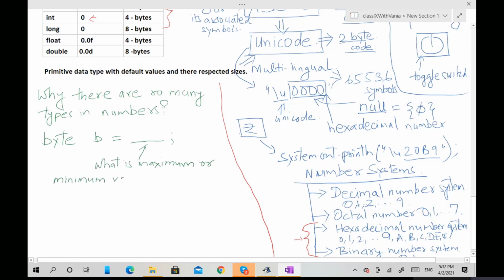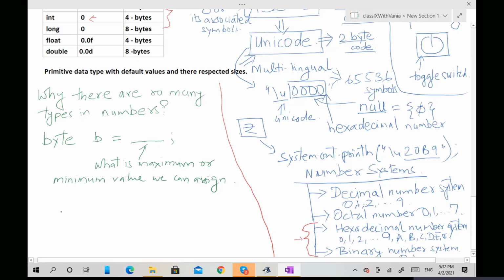What is the value we can assign? The maximum value can be 8 bytes. Not bytes, bits.